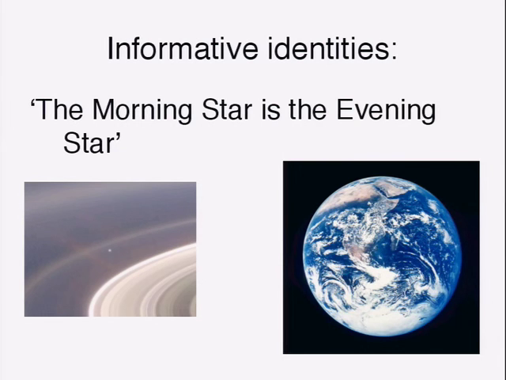So the idea here is it's something like you have a take on the object here. You get one way of being presented with that object here, and you have a different way of being presented with that object here. And if the object is shown to you in different ways, then it's going to be informative, it's going to be not a priori, to be told the same thing. Whereas if I just say to you, this thing is this thing, if I show it to you the same way 2 times, then it's not going to be informative to be told the same thing. See what I mean?